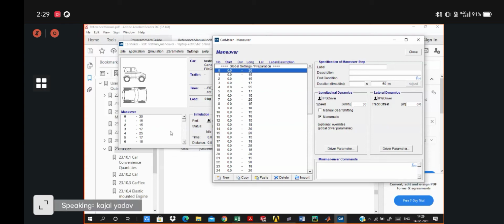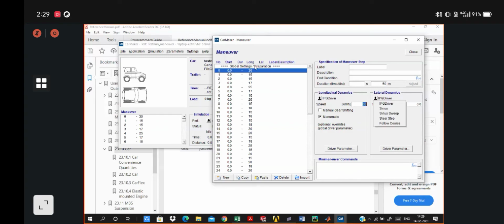The zero step is for the first 50 meters of your track, where I've taken a speed of 30 kilometers per hour. Initially, going to the global settings, for gear one you have to select zero in the velocity and the steering wheel angle at 0 degrees.